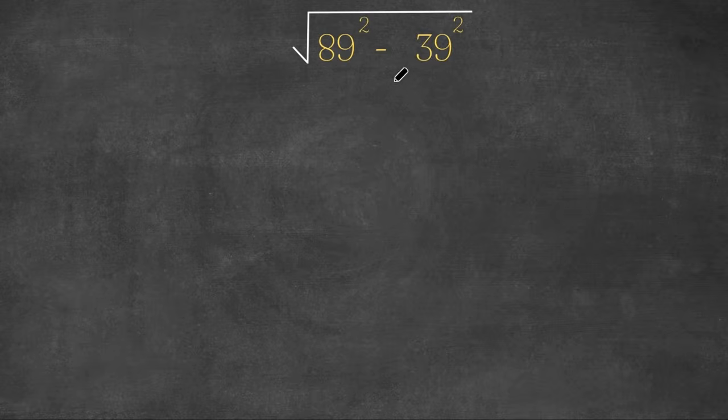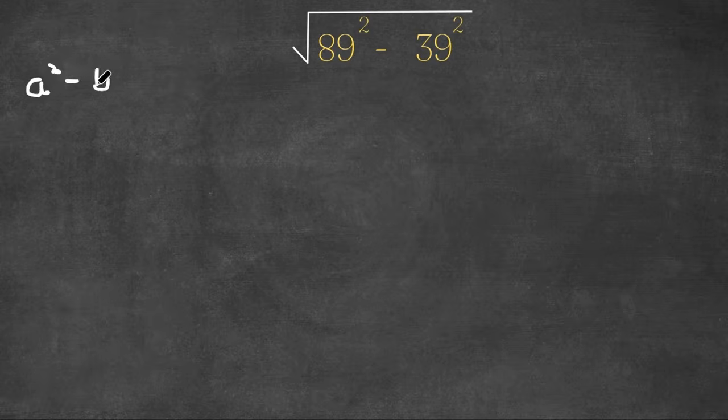In today's video, I'm going to be teaching you guys how to solve this exponential problem without a calculator. So we have the square root of 89 squared minus 39 squared. Now, let's first ignore the square root and just focus on what's inside. So we have 89 squared minus 39 squared, and if we actually have something in the form a squared minus